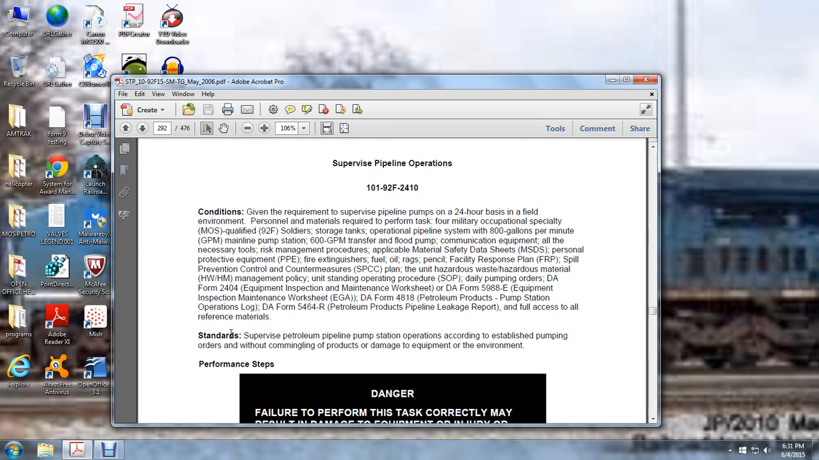Transfer the fluid pump, communication equipment, and all the necessary risk management procedures applicable to material safety data sheets, personal protective equipment, the fire extinguisher, fuel, oil, rags, pencils, the facility response plan, the spill prevention control and countermeasure plan, the unit's hazardous waste material and management policies, the unit standing operating procedures, daily pumping orders, DA Form 2404, equipment inspection maintenance worksheet, DA Form 5988E, equipment inspection maintenance worksheet,